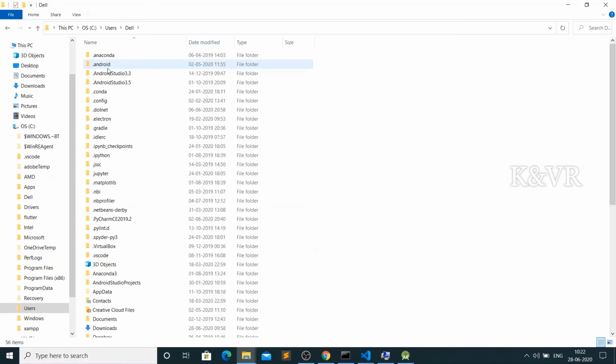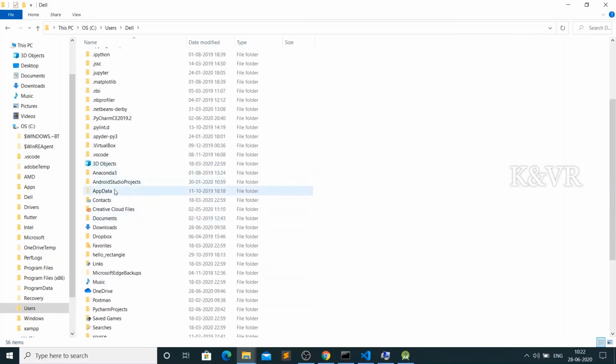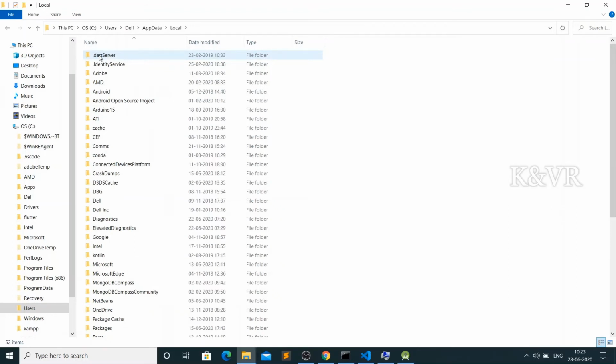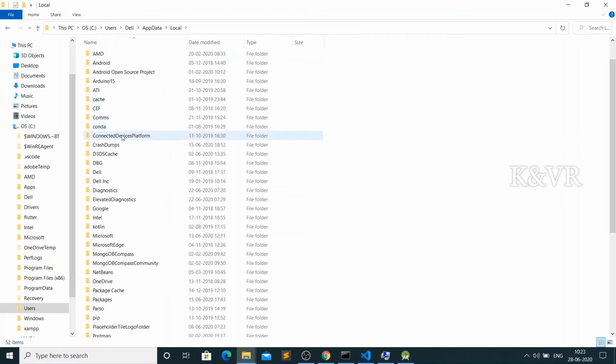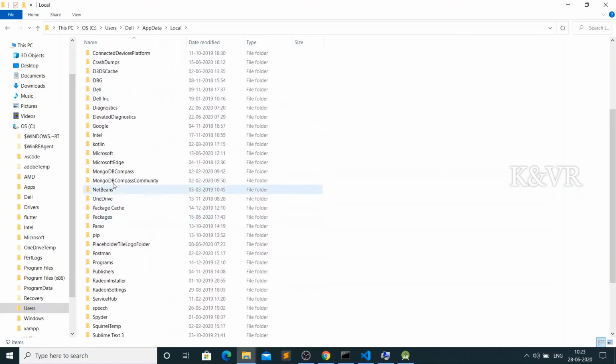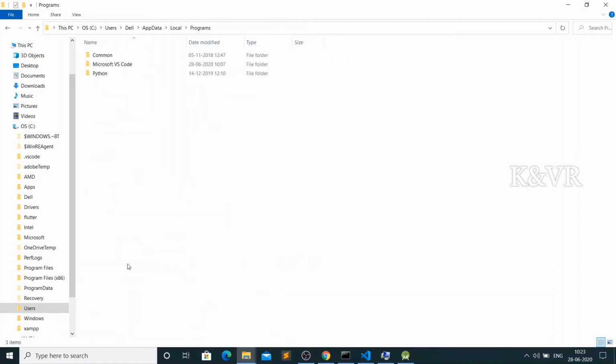Go to Local, then Programs, where Microsoft VS Code will be.